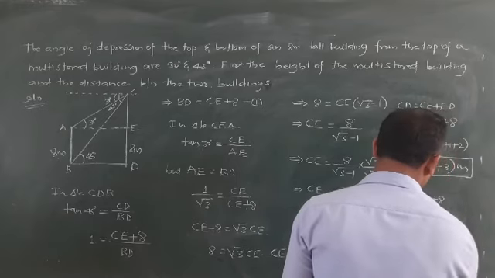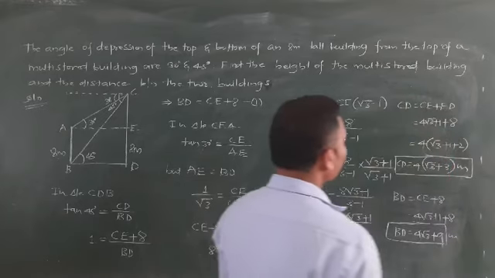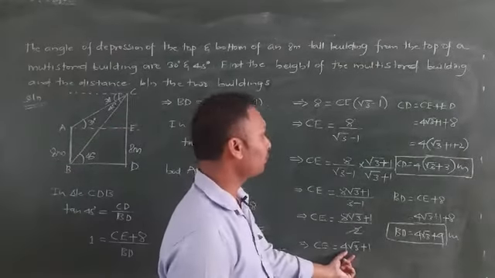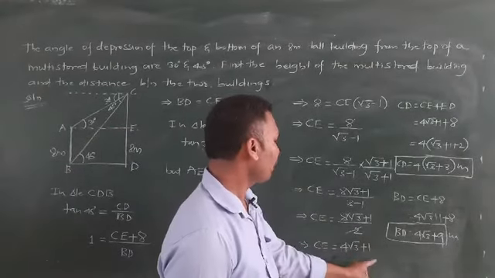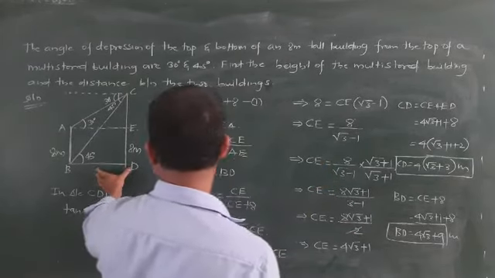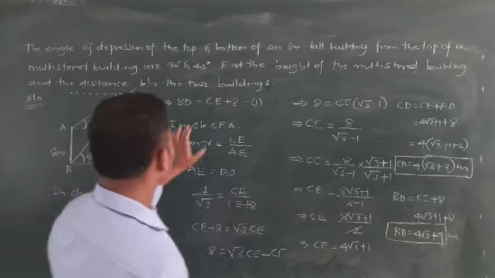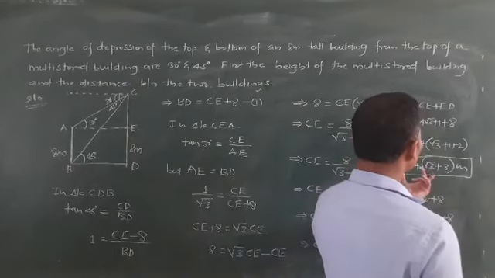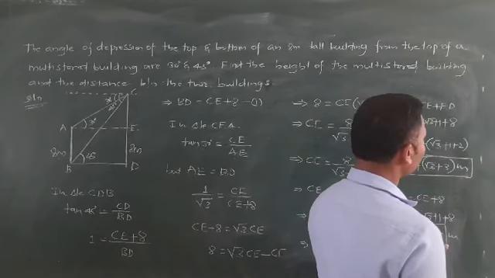So we got the two answers here. Okay, so c we have already calculated as 4 root 3 plus 1, because we need to calculate BD. So BD is CE plus 8. It is again 4 root 3 plus 9 meter. So this is one answer and this is one more answer.